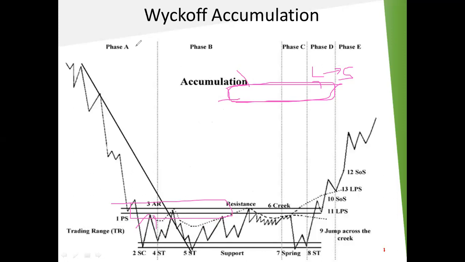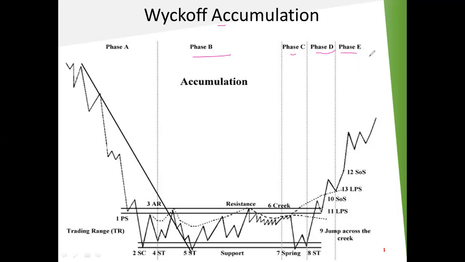This is a schematic of accumulation. Phase A, phase B, phase C, phase D, phase E, and there is some new addition, phase F also. So what is phase A? Phase A,